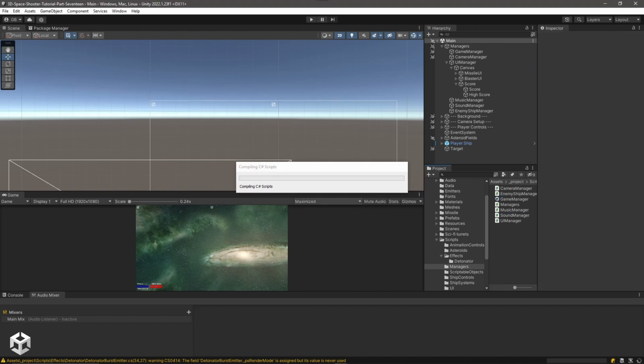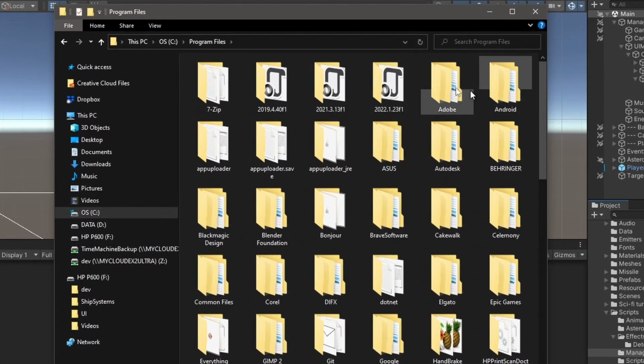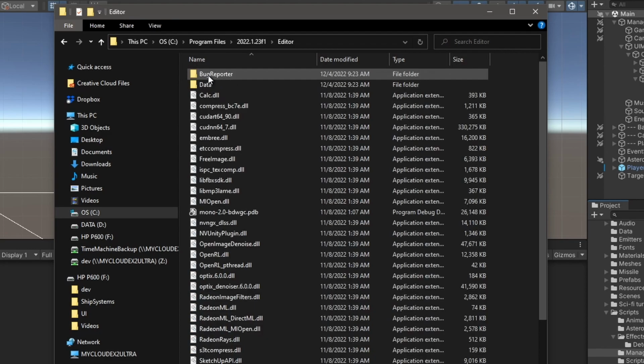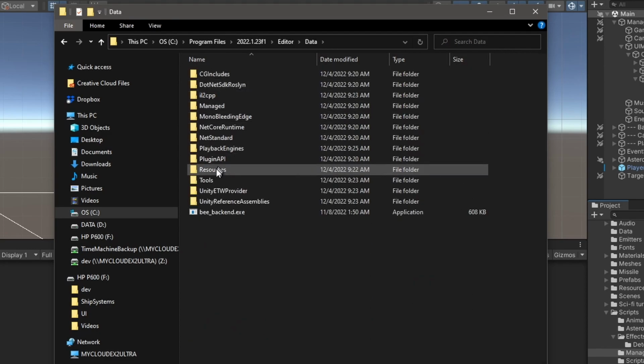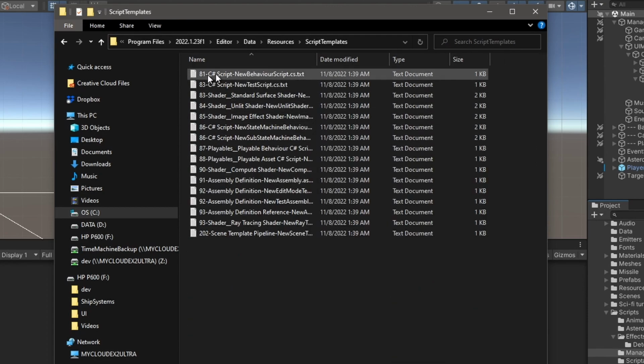And I am going to go into the folder where Unity puts its script templates. So that's going to be under Program Files. And there's a different folder for every version of Unity that you've installed. So this is the version we want here. And if you go into Editor, Data, Resources, Script Templates, this new behavior script is the one we want to